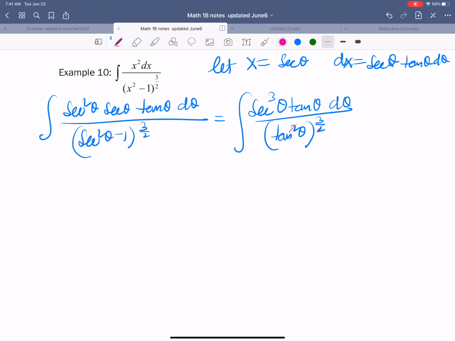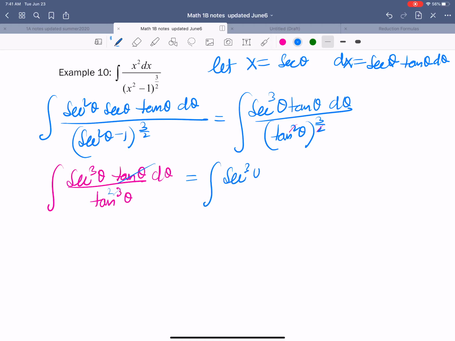Now, if you understand the rules of exponents, the 2 and 2 will cancel. So I would be left with secant cubed theta tangent theta over tangent cubed theta d theta. Now, one of the tangent thetas can be cancelled, so my new integral is secant cubed theta d theta over tangent squared theta. Again, I think I'm going to try to change them to